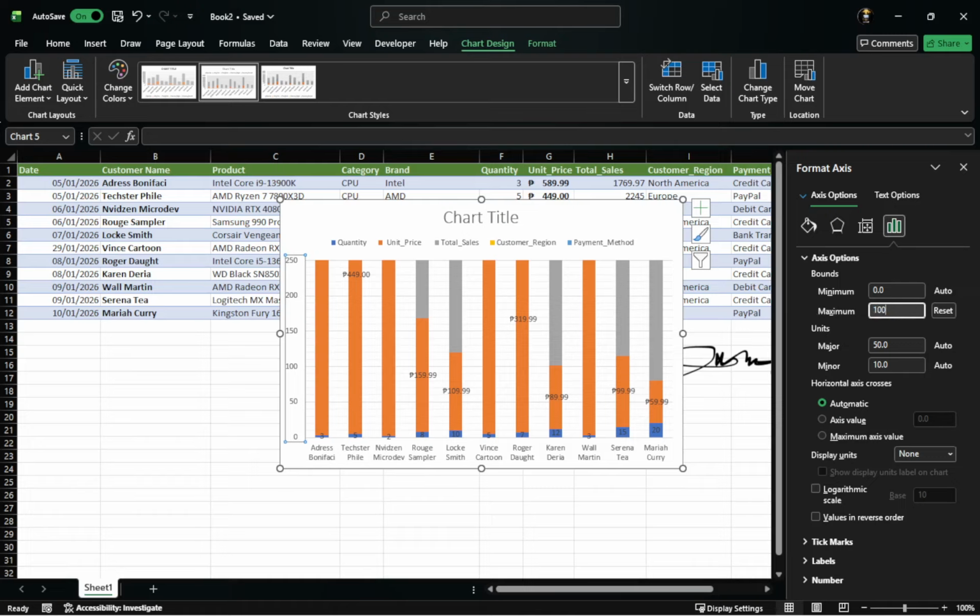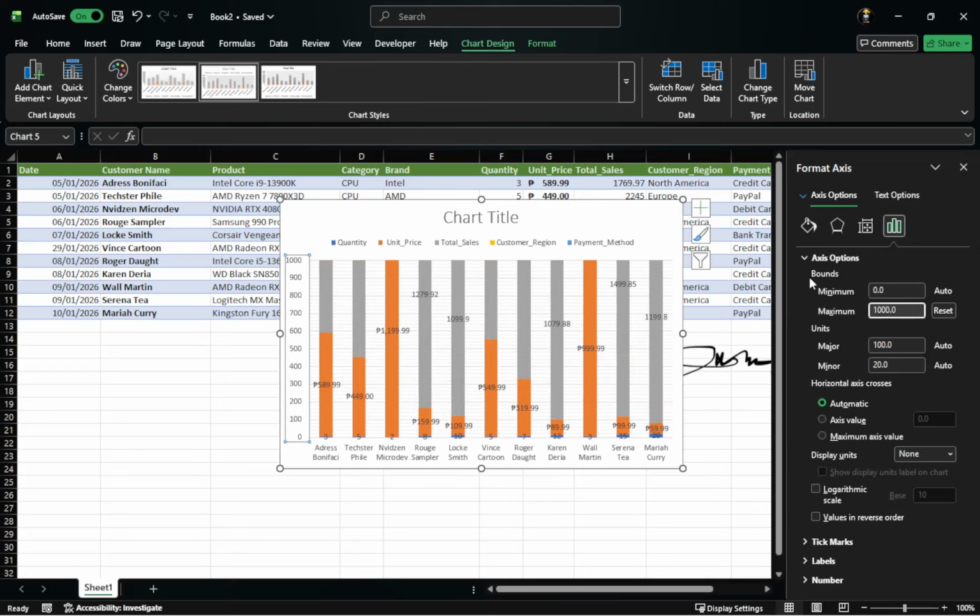Next, you can change how the y-axis numbers look under Format Axis in the Number section. Click on Number in the pane, and you will see different formats such as number, currency, percentage, and options for decimal places. Changing this only affects how the values are displayed on the axis, not the actual data in your worksheet. For instance, you can turn a value like 0.25 into 25% by choosing percentage as the format. Once you pick percentage, the axis will instantly update to show numbers with percent signs, which is helpful for survey results or growth rates. If the numbers ever look confusing, you can return to this number section and select a different format using the same list.